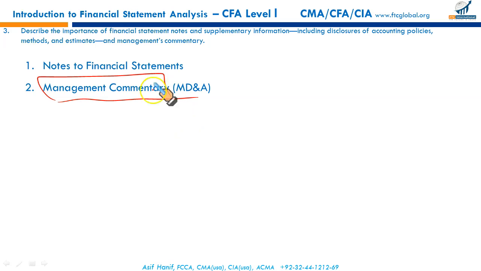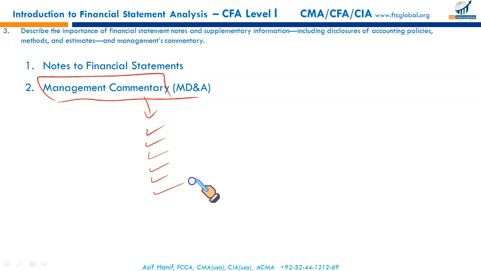So what do we have in management commentary? Management commentary addresses the nature of business. What are the management's objectives? Comment upon the past performance, any key information that management believes needs to be discussed in the report, any significant risk that the business is facing and management believes it needs to be brought to the attention of the shareholders and the related stakeholders,